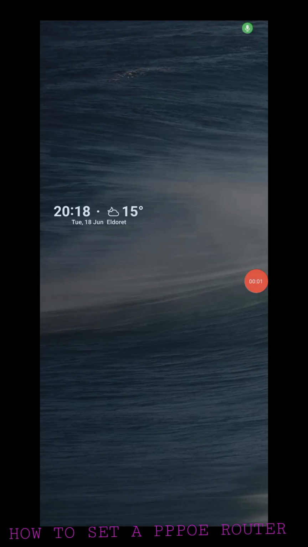Hello and welcome. So today I want to show you how you can set up a Huawei router for a PPPoE client. So what I'll have to do, I will connect my Huawei router